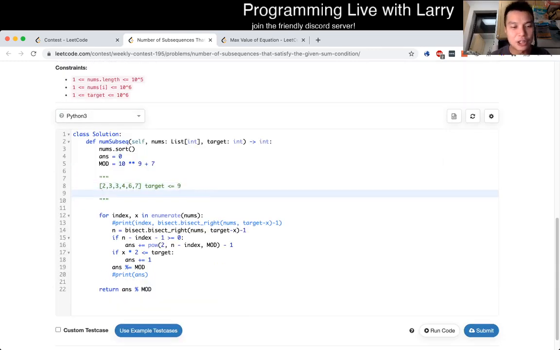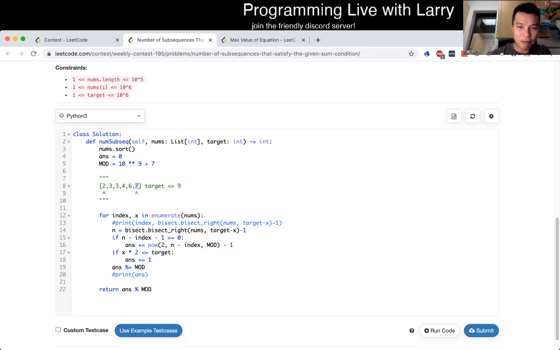For 2, you do a binary search to find the index so that the sum between that number and the target is less than this. In this case, it'll be 2 and 7. The way that I structure it is that I am forced to have a 2. So now all these other numbers are free, in that they could be 0 or 1. Because you only care about the max, and you know that the max will be 7 in this case,